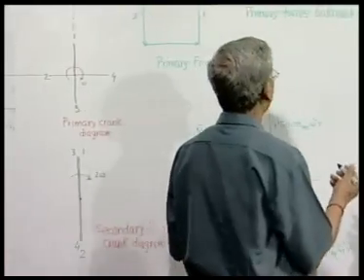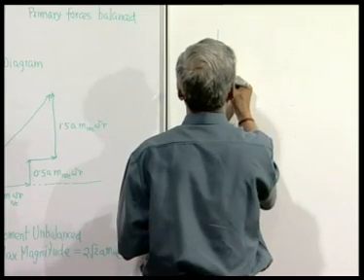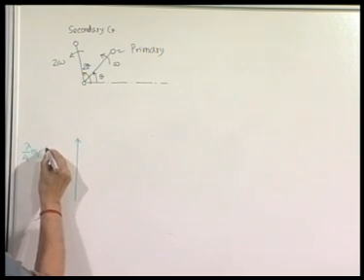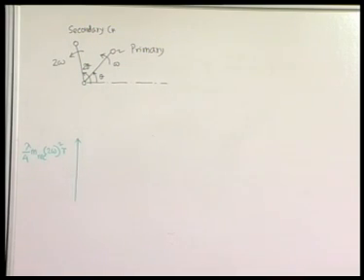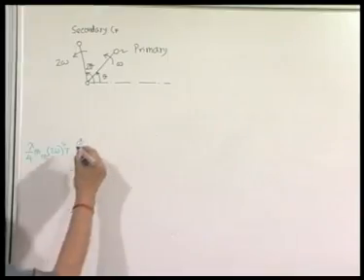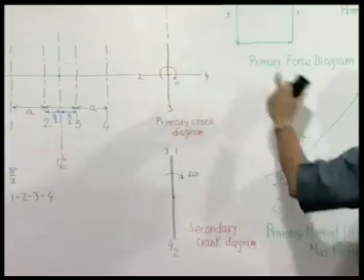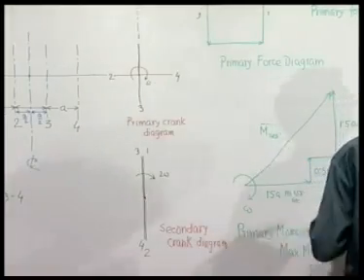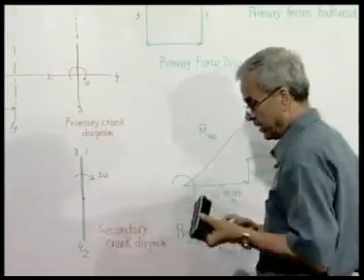So, the secondary force diagram will be, in this case, the first cylinder will produce a force lambda by 4 m reciprocating 2 omega square r in this direction. The second one will produce in the opposite direction the same magnitude. The third one will produce in the other direction the same magnitude, and the fourth one will produce